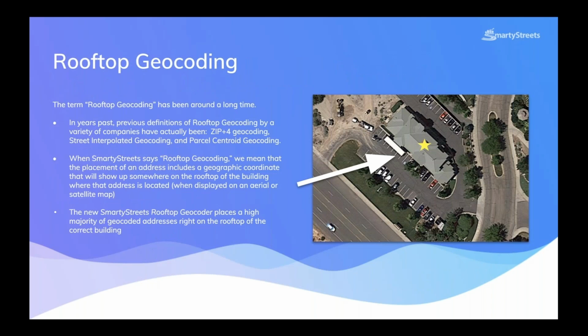And then finally, Parcel Centroid Geocoding was called Rooftop Geocoding, and that was almost correct. I was involved in pioneering some of the early Parcel Centroid Geocoding applications. And yes, in fact, a lot of addresses did land on a rooftop, but it was really more coincidental. It wasn't by design, just because a lot of people tend to build houses, for example, in the middle of